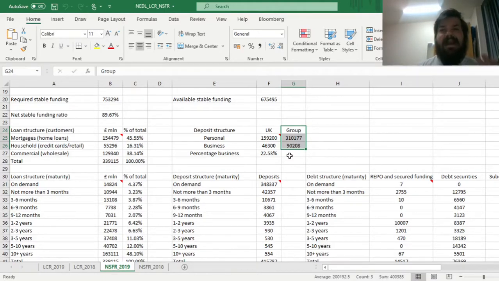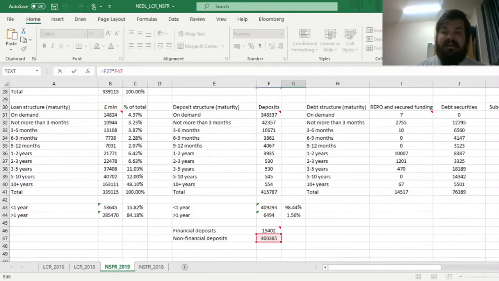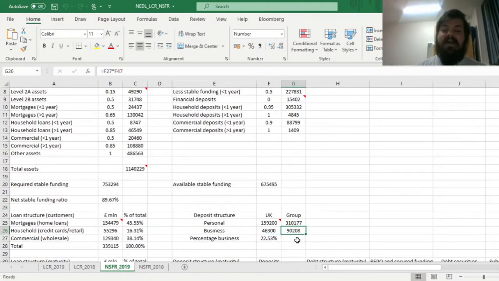But still, it's again not so unrealistic an assumption as to warrant other calculations. So here we see that in the UK, business deposits account for just 22.5% of total deposits. Extrapolating to the group, we can see that here business deposits would make roughly £90 billion,